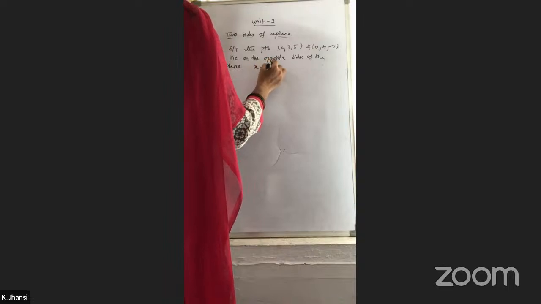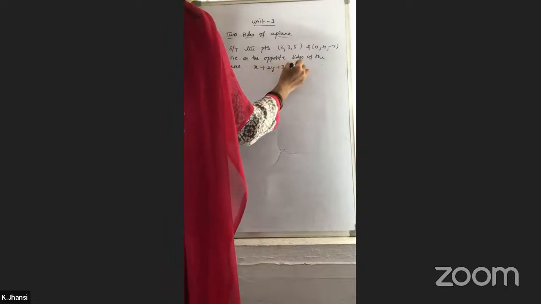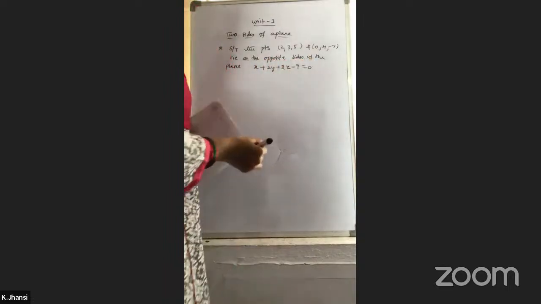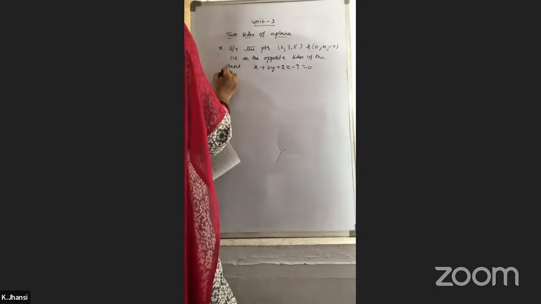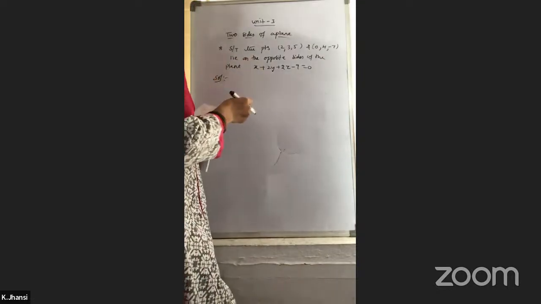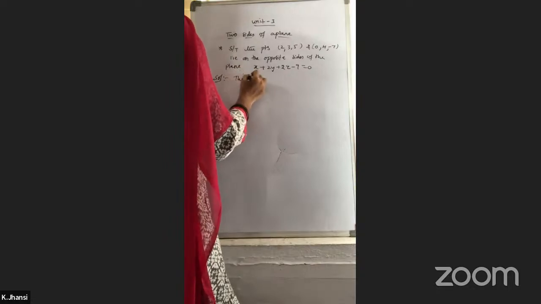The plane is x plus 2y plus 2z minus 9 equals 0. Okay. So the solution is, the given plane is